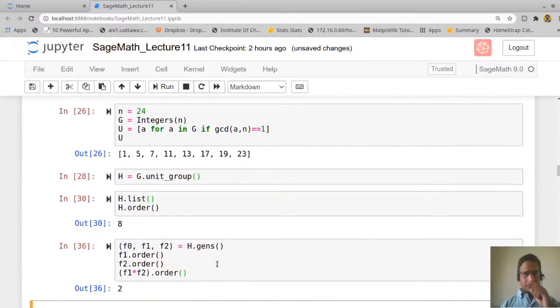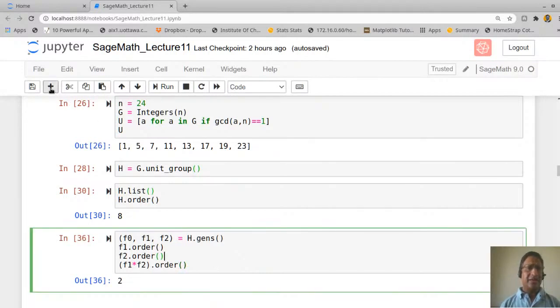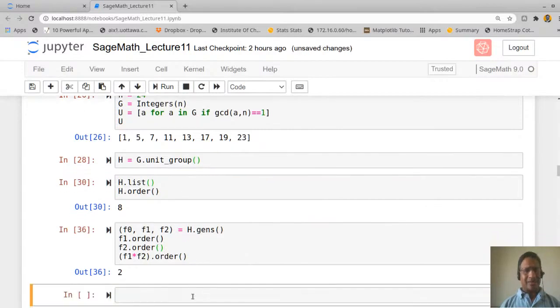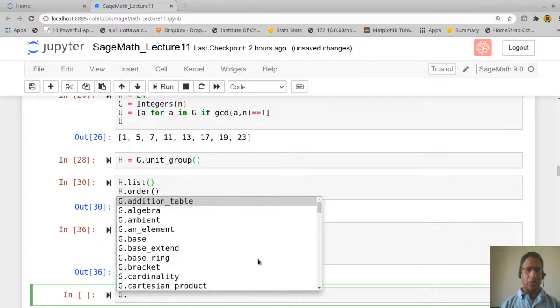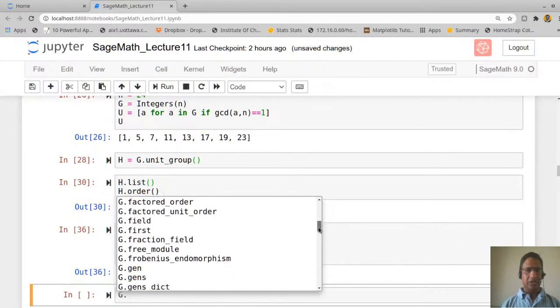This is how you can construct units in Zmod NZ. We will come back to this group and see what other properties it has. The way you look at what operations you can perform on this group is using dot tab. If I say G dot and press tab, all these options will be available to you.